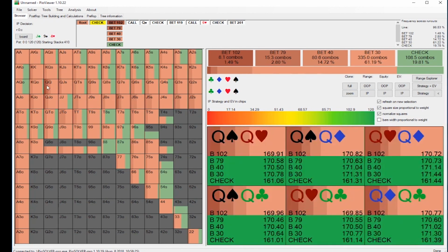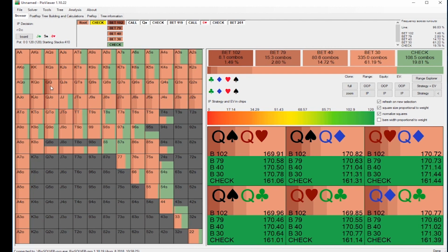The only hand that wants to bet big occasionally is pretty much queens here, which makes a lot of sense. It unblocks all the Jack X hands and also 9X hands that might want to stack off. He is performing incredibly well against all sorts of straight draws, because if Steven Chidwick check shoves a hand like